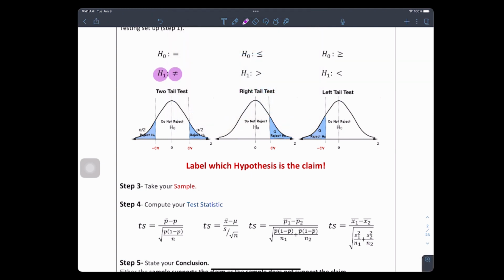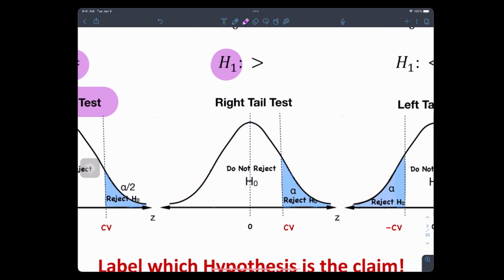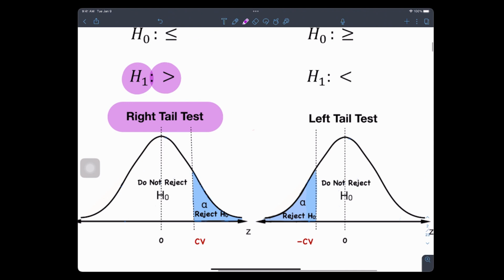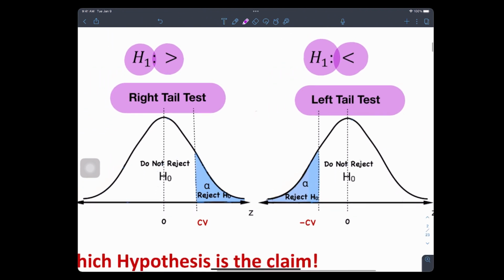When you look at the alternate hypothesis and it's not equal, that's always a what? Two-tailed test. Is that right? Greater than is always a what? Right-tailed test. You guys see what I'm saying? Some of you may not even know that, because I get communication all weekend going, Mr. Judge, how do I know it's a two-tailed test? How do we know that's a left-tailed test? It's pointing to the left. Good job. The alternate hypothesis inequality.